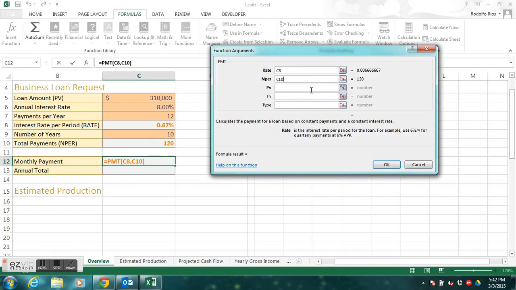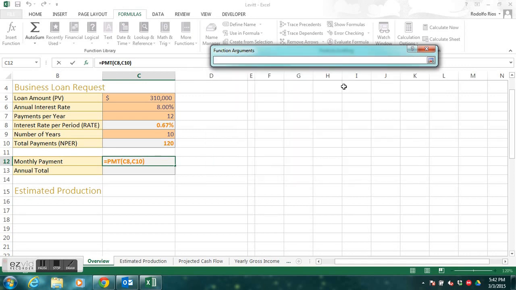And lastly, we're going to take the actual loan amount. The PV stands for present value because money is not going to be worth the same in the future as it is right now. So our present value is $310,000. It's going to be worth something different in the future, probably less. But for now, the present value is the actual amount of our loan. So we're going to click on the minimizing field button, and we're going to click on C5,